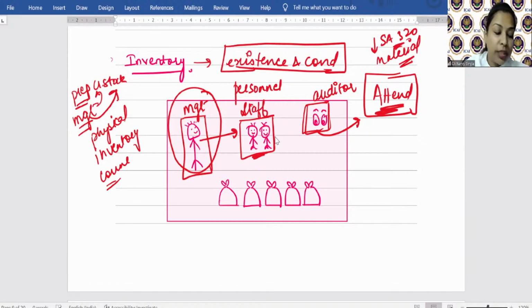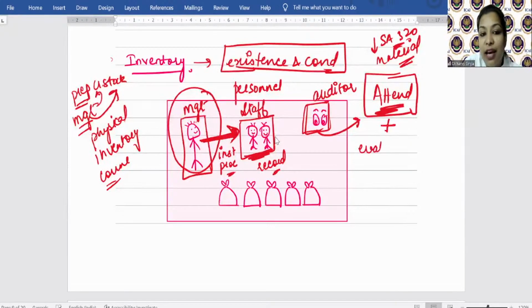ठीक है। तो ऑडिटर पूछता है अटेंड करके क्या करना है, वापस आ जाना है? नहीं। SA 501 कहता है जब आप अटेंड करते हो, आप देखो मैनेजमेंट अपने स्टाफ को कुछ इंस्ट्रक्शंस तो देता होगा, कुछ प्रोसीजर्स बताता होगा कि इन्वेंट्री काउंट ऐसे करो, इन्वेंट्री काउंट के रिकॉर्ड को ऐसे रखो। तो वो जो रिकॉर्ड्स हैं और जो मैनेजमेंट के इंस्ट्रक्शंस हैं उसको इवेल्युएट करो कि मैनेजमेंट वहां खड़े होके क्या बोल रहा है, कैसे फिजिकल इन्वेंट्री काउंटिंग हो रही है, कैसे रिकॉर्डिंग हो रही है।